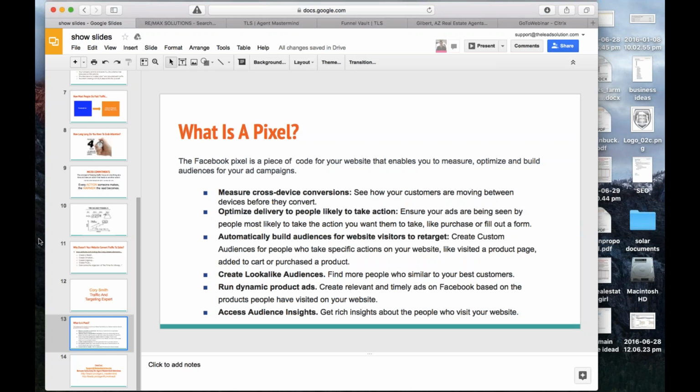The Pixel's been out for a long, long time now. And the cool thing with Facebook is they really changed the game. They have gotten really smart with their Pixel. They have made it so advanced that there are so many different variables you can go into the back end of Facebook. If we had enough time, I would go through it, but we just don't have enough time today. But what you could essentially do is create audiences in Facebook based off what pages they visit. So what Dallin was speaking about earlier is those micro commitments, right?